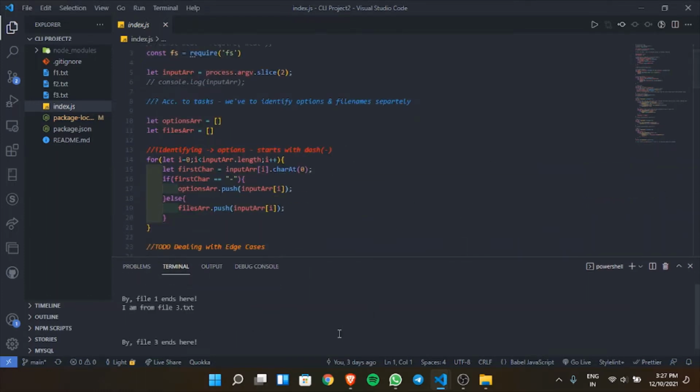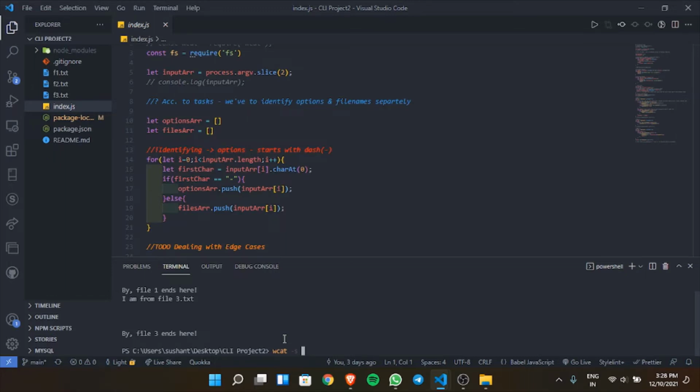So let's move forward to the next task, which is if there are empty lines in a file, the result will be without the empty lines. For that I have a command, that is wcat -s. The minus is nothing but an option which reduces the number of empty lines in the terminal.